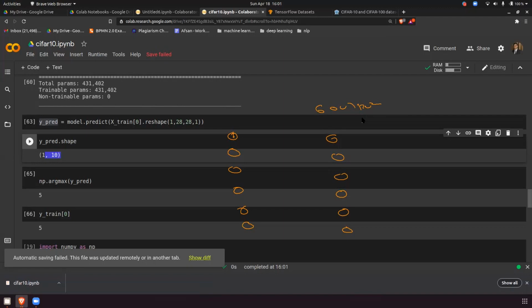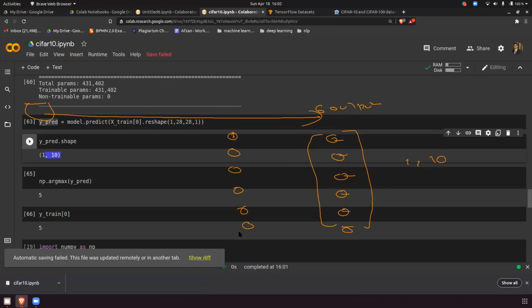So when you do the prediction, what is prediction? You take an image on the trained weights and just do the forward pass. This is my prediction. Now when you do the prediction, how many values will you get? 10 values. The maximum value is the prediction of that class. But the same thing is given in 2 dimensions. So it is 1, 10, basically 1 row and 10 columns.